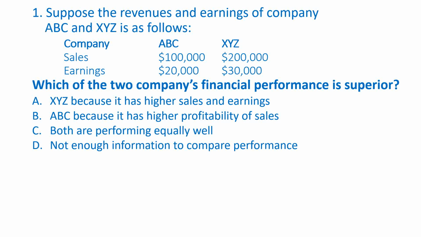The correct answer is D, because we don't know about the investments, how much has been invested in ABC and XYZ. Okay,